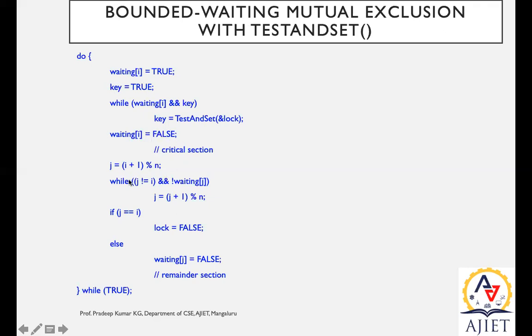Then it is supposed to check whether it is still in the critical section. If yes, then apply wait. Wait till when? Till the time bound completes. Whenever the time bound is reached, automatically the lock must be released and the next process will get into the critical section. So there is mutual exclusion under bounded waiting. With respect to bounded waiting, we are supposed to set the limit for execution in the critical section.